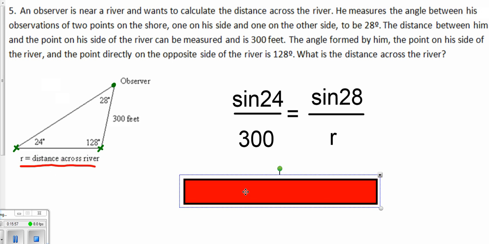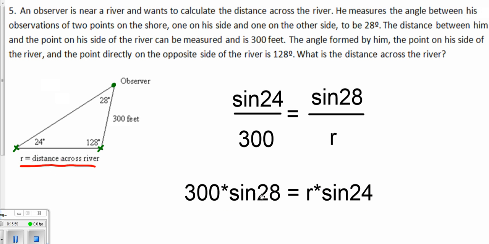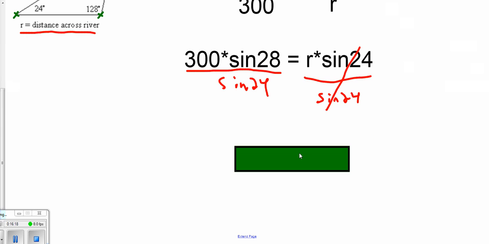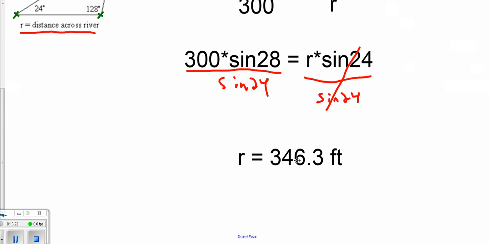Cross multiplying will give us 300 times the sine of 28 equals r times the sine of 24. Getting r alone, we just divide by the sine of 24. These are going to cancel out, so we have r alone, which means r is going to come to about